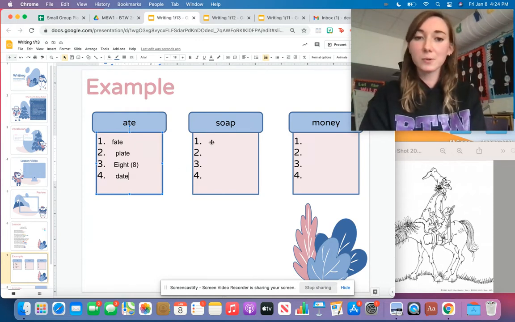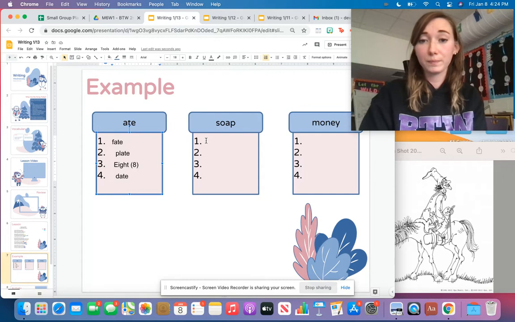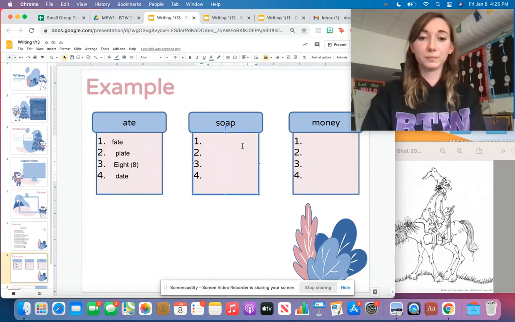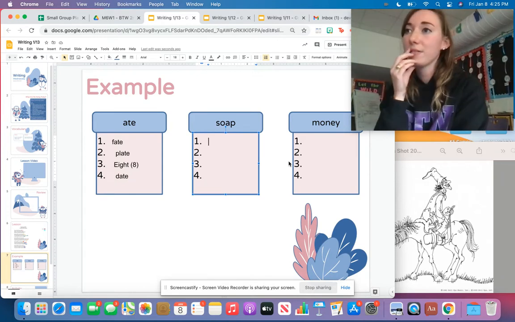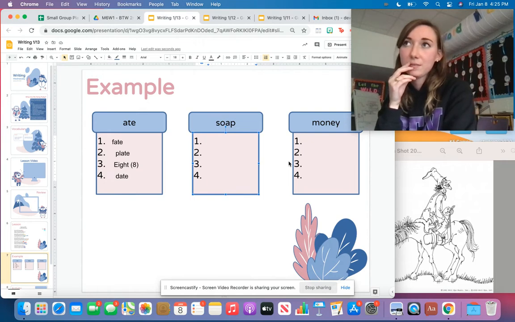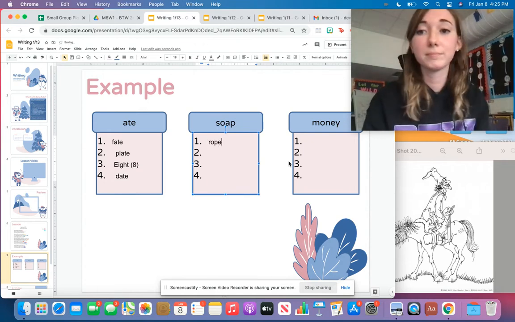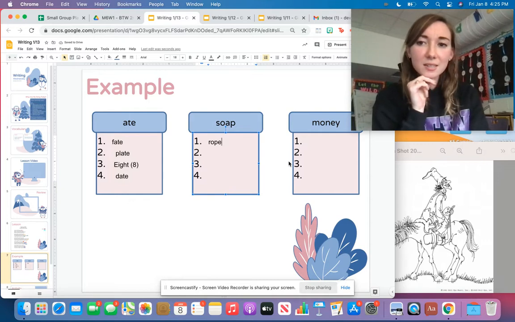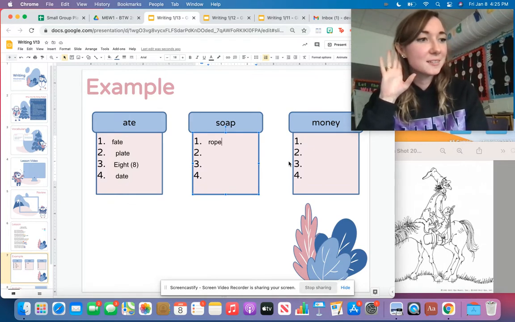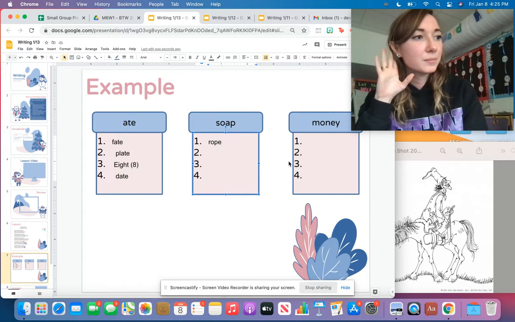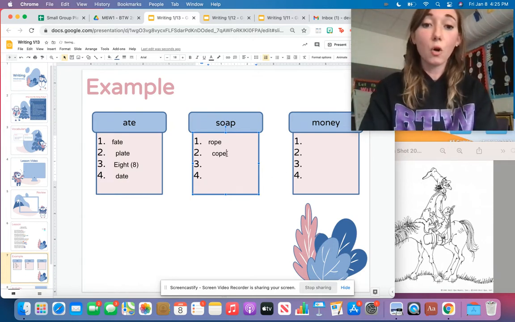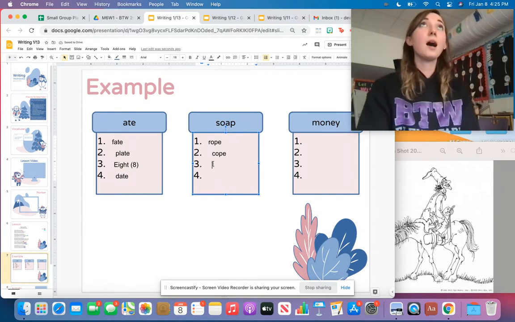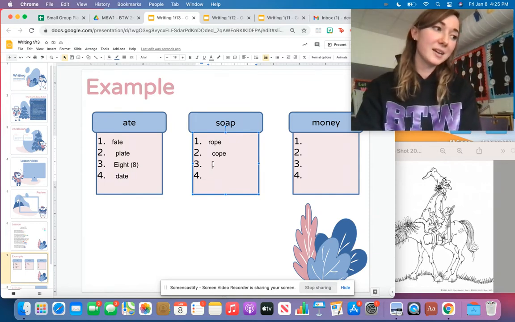So my next word I'm going to do is soap. Okay, so soap. Another word that rhymes with soap that I can think of is rope. Do you have any other ideas? Shout out your ideas. Another word that I thought of was cope. Another word that we could do is,